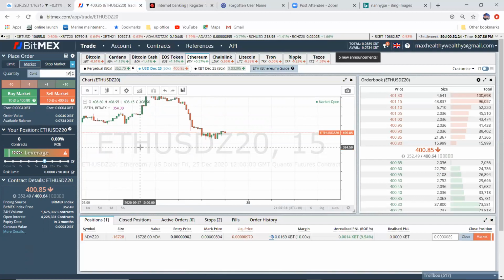On BitMEX here, what you're doing is purchasing contracts of Ethereum against Bitcoin. Each contract's worth 0.0004 Bitcoin. You don't really need to know that, but I'm just going to purchase 10. And if I do a buy order, I'm probably going to lose a couple of cents here explaining this